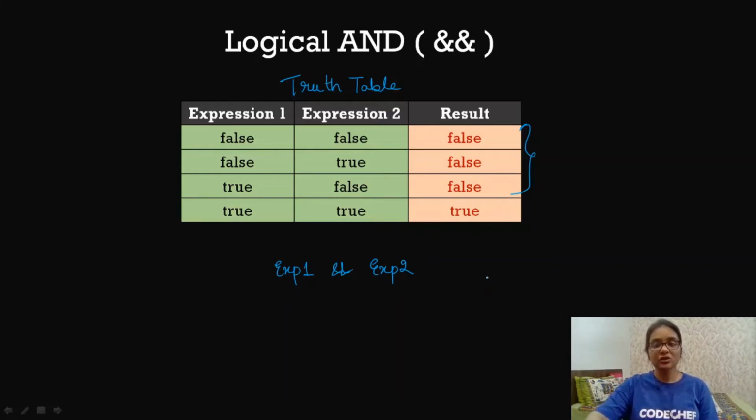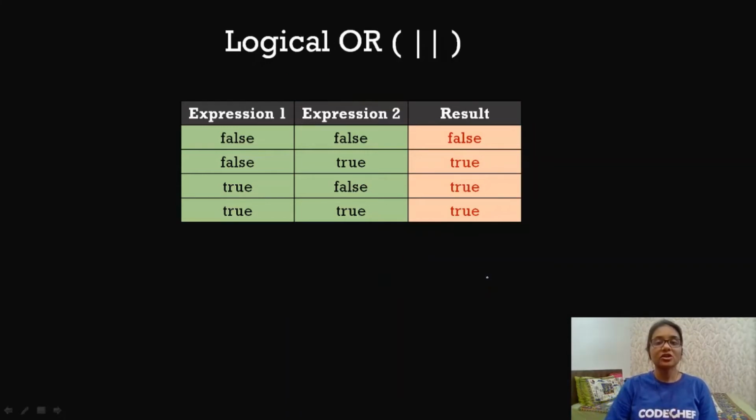Now moving on to the other operator, that is the logical OR operator. The logical OR operator is the opposite of the logical AND operator. In logical AND, all the values should be true in order for the result to be true. But in the logical OR operator, even if for one expression the value is true, then it will result in the answer as true. So if there are two expressions, expression 1 and expression 2, and to combine them,